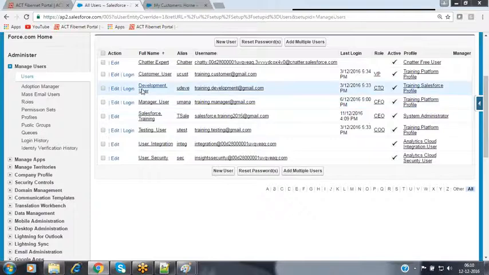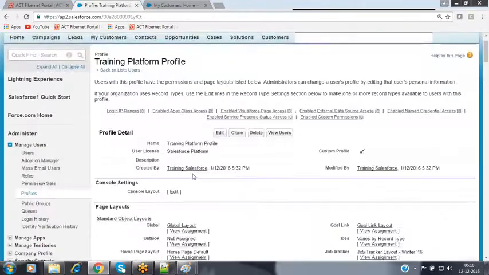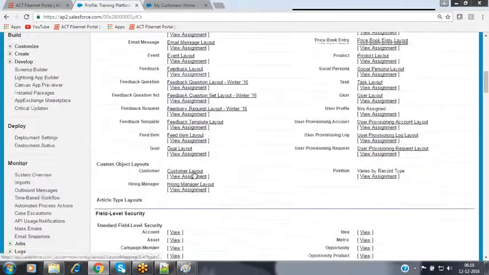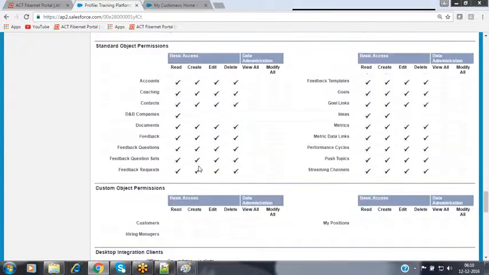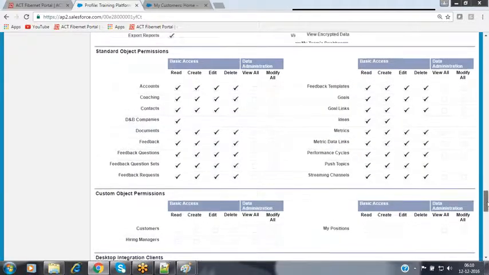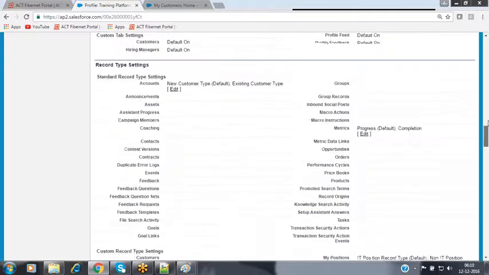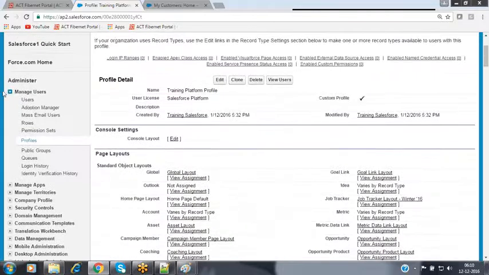Now development user and the customer user. Customer user will be having only a few accesses. It is a platform profile user.